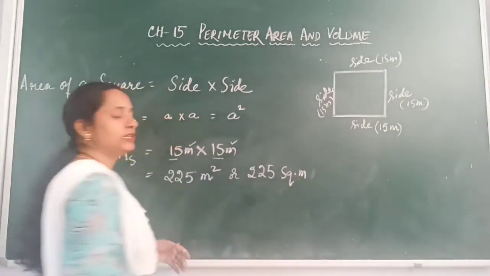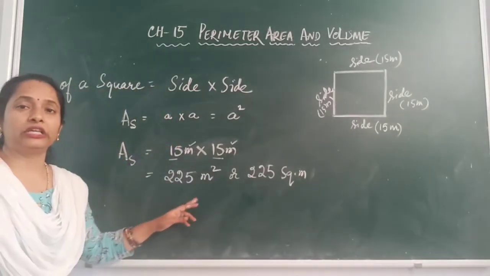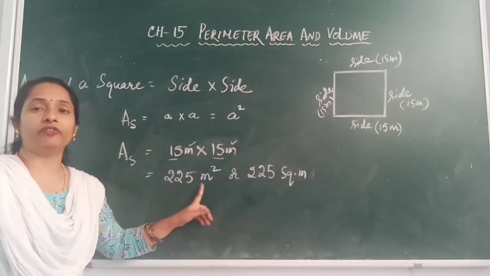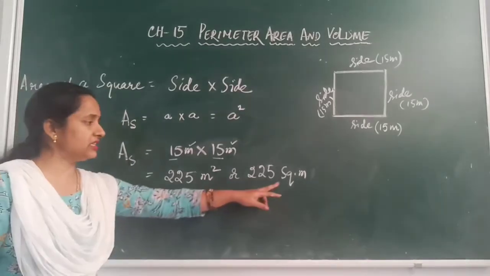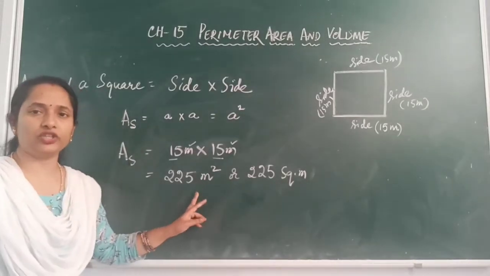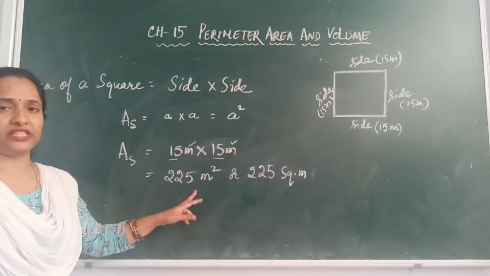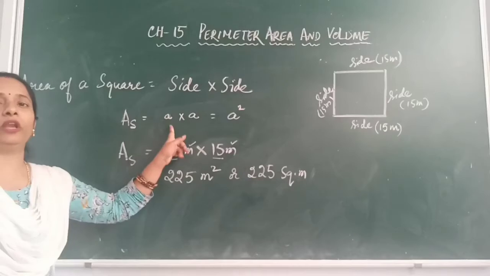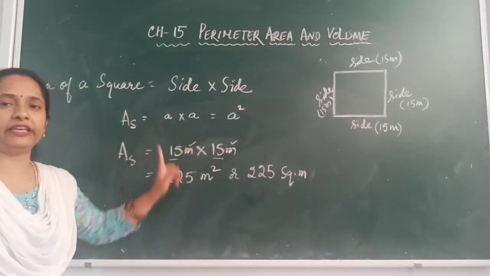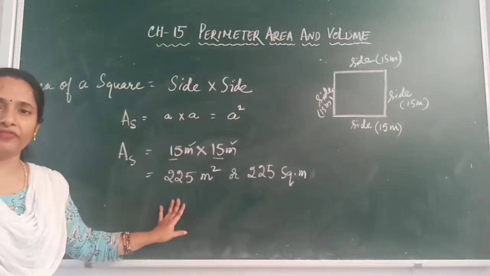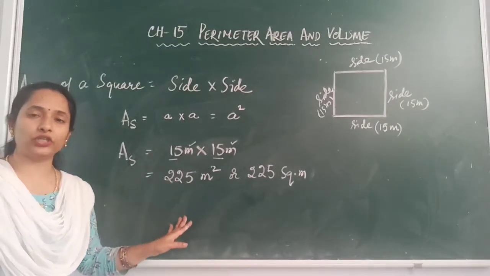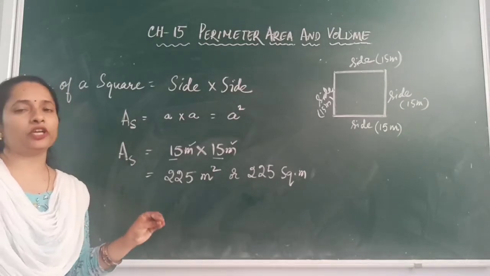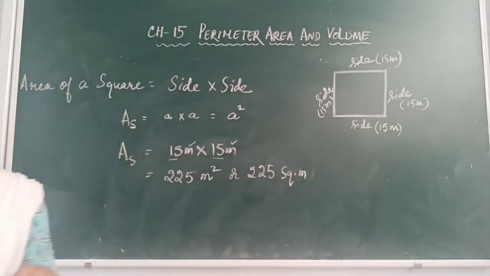In the previous information I gave you the information about the units of area. The units of area are square units, isn't it? So this is the way you get square units as the units of area. This is the formula for area of a square and this is the way you will find the area of a square. Now let us focus on finding the perimeter of a square and a rectangle.